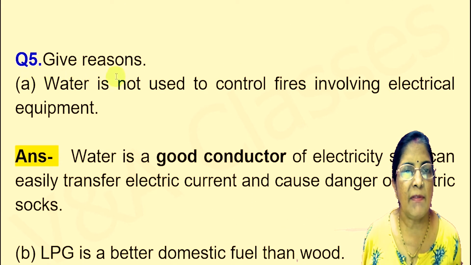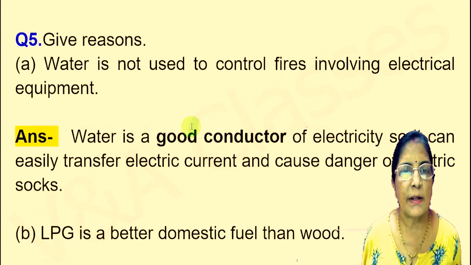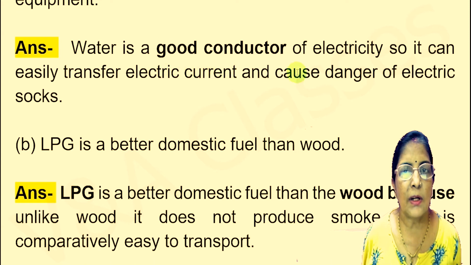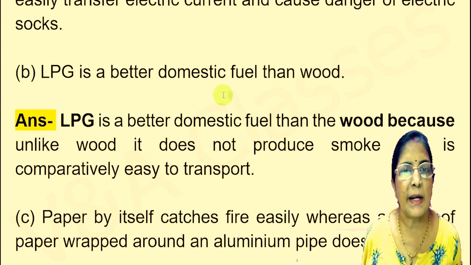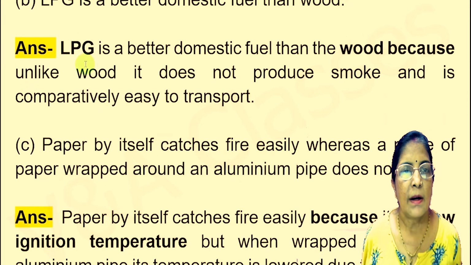Now question number 5, give reasons. First: water is not used to control fires involving electrical equipment. Reason, water is a good conductor of electricity, so it can easily transfer electric current and cause the danger of electric shocks. Next question, LPG is a better domestic fuel than wood. Reason, LPG is a better domestic fuel than wood because, unlike wood, it does not produce smoke and